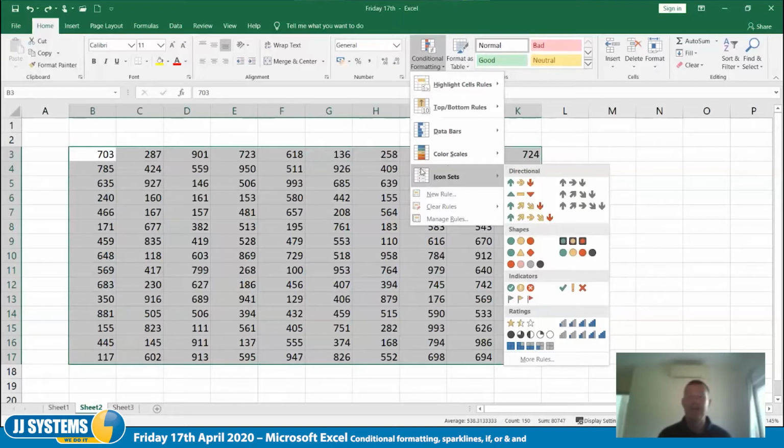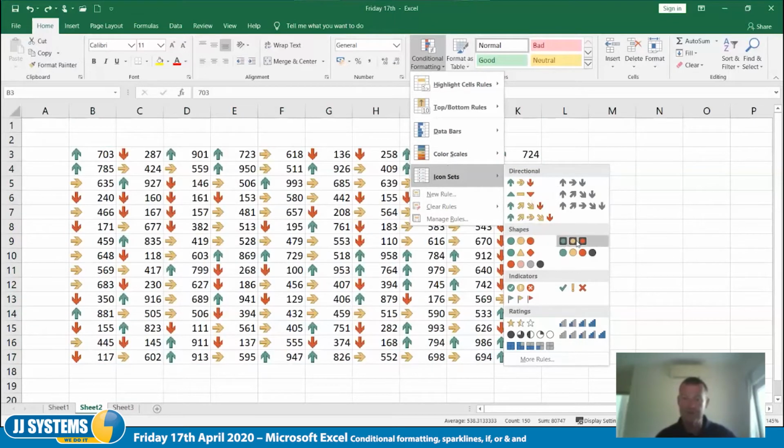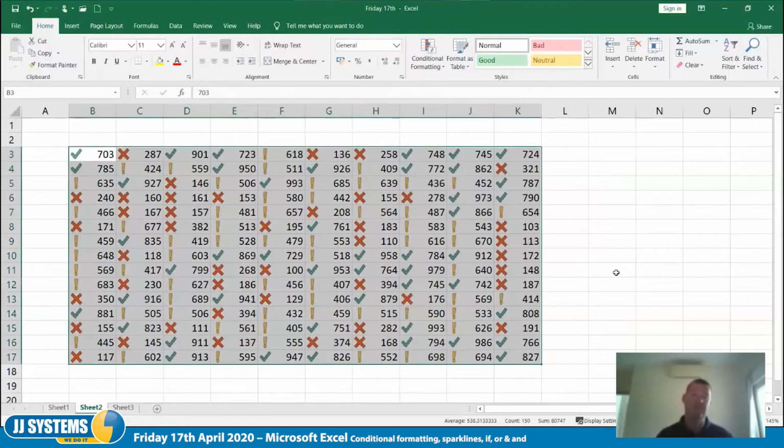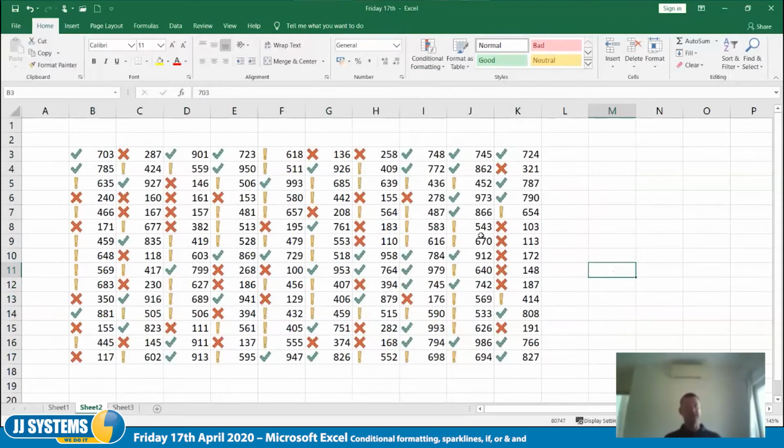And you can see you can have arrows, you can have coloured arrows, you can have traffic lights, mobile phone signal strengths, star ratings, whatever seems to suit the spreadsheet. I mean, this sort of thing is quite cute. The crosses and ticks, because you can use this on a sheet if you want to tick whether somebody's attended a course or whether they've completed a qualification if you've got an HR sheet. And you think, well, you could just put a tick in there, but this would be easier if you just have